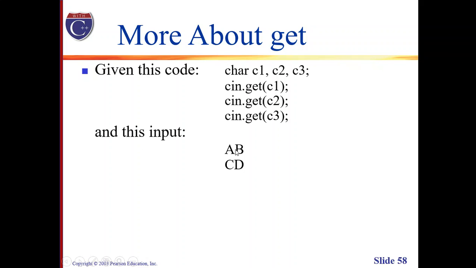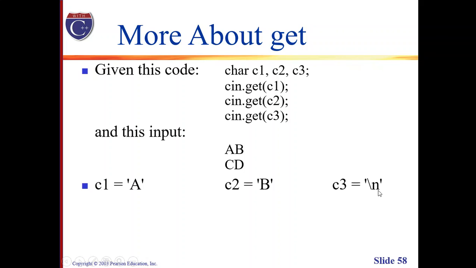For example, we were given the following input: A and B, new line, then CD. So what will happen to our three input variables? This is what will happen. C1 will have a value of A, C2 will have a value of B, and C3 will have a value